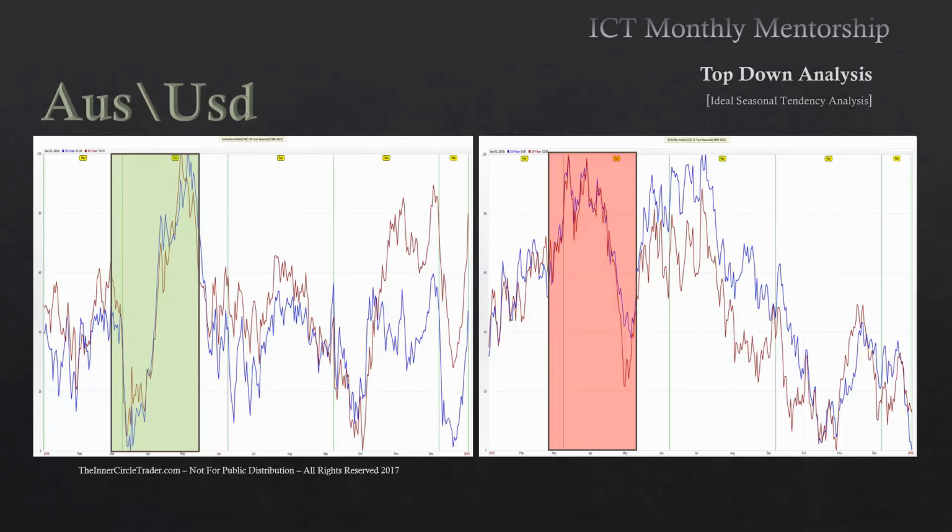So between the two, we have a qualified ideal scenario for the Australian dollar US dollar pair in FX to rally, because Australian dollar is the first currency in the name of the pair. Aussie looks to rally at this time of year, at the same time the dollar index declines. So with the pair construction and the way it's designed, when we see price rallying on that chart, we're actually seeing the rise of Australian dollar futures prices